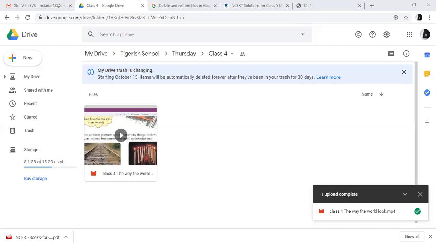How will we write the green color? 1/3. Is the white color less than 1/3 of the flag? Yes. Why yes? You can see that in the white color there is the Ashoka Chakra. So the Ashoka Chakra also takes up some place in that part. Obviously, the white part is less than 1/3 of the flag because there is an emblem in the middle of that color. Okay. Now let's see more flags of different countries.